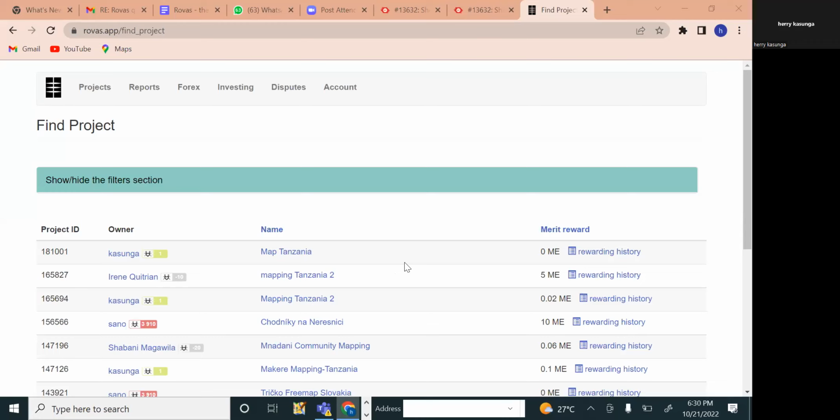And also at one point or another, if it's done, I will create another project, but I've already showed you guys how you can also create a project yourself. But yes, for the project that we have already mapped previously, it won't be counted because it wasn't created in Rovas. Don't worry about the time you spend on mapping those projects. Okay, so